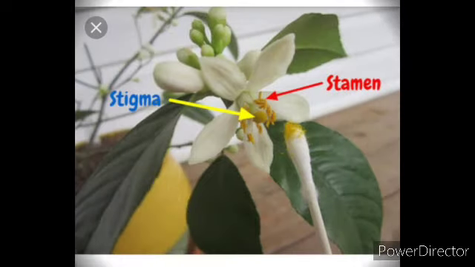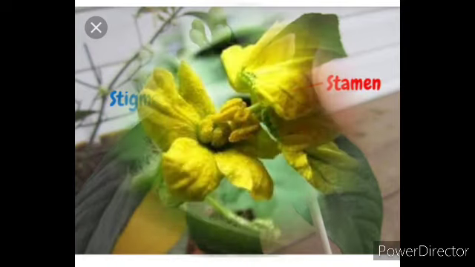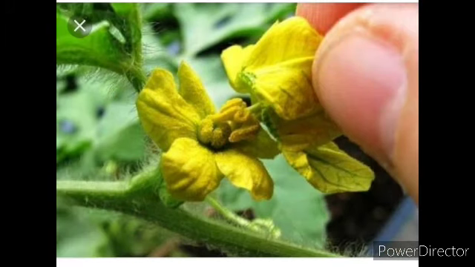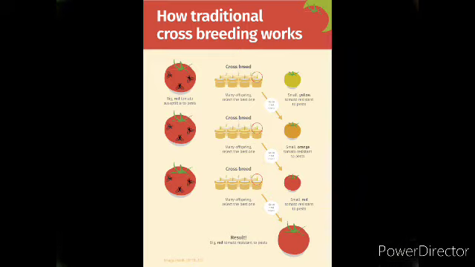Let's know about artificial pollination. Artificial pollination means transfer of pollen grains to the stigma manually. Nowadays, it is practiced by plant breeders for developing varieties of plants. The breeders usually select two different varieties of a plant with the desired characters. Say, for example, one type of crop plant may be a high yielding variety and the other may be the disease resistant variety. When these two are crossed,